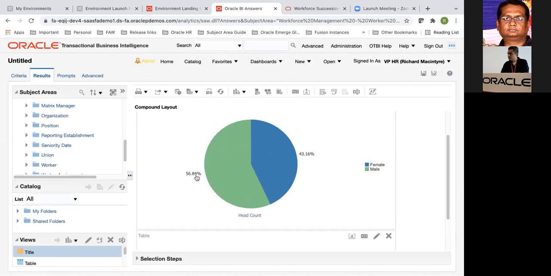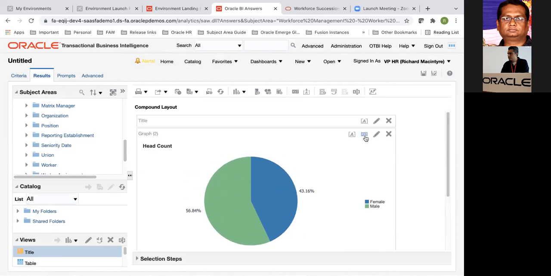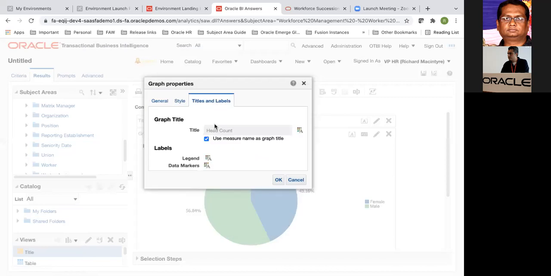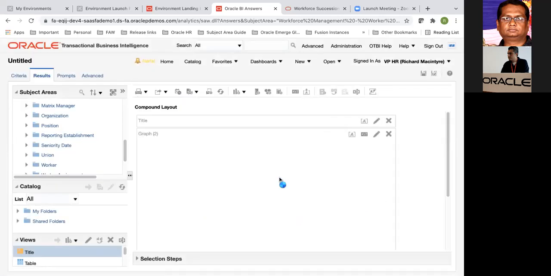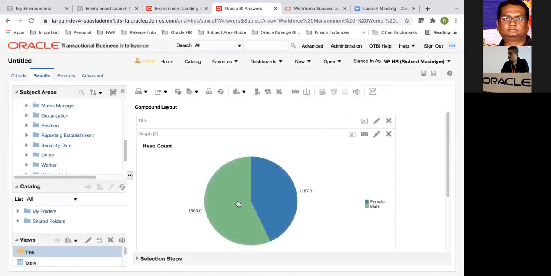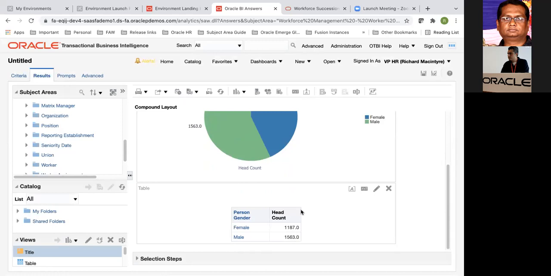You could show only percentage or only the number. If you don't explicitly specify it, on hover over you will be able to see both. Okay, here I'm seeing the percentage. I can change it to, for example, actual value, and it gives me the actual value. And I can have this table also below it.